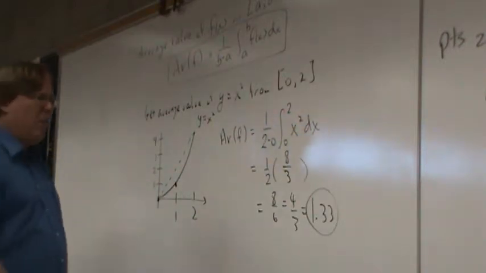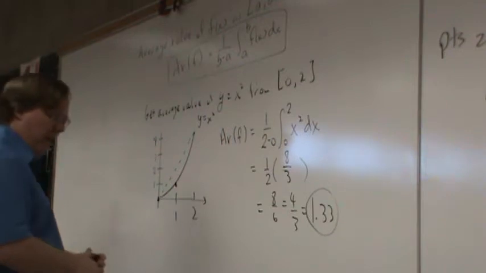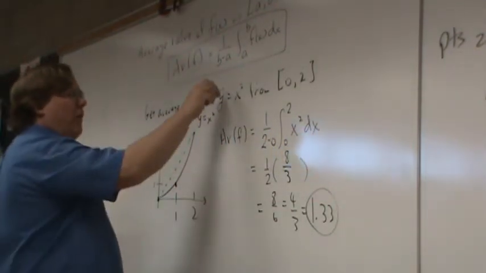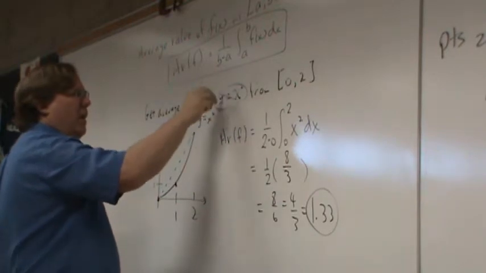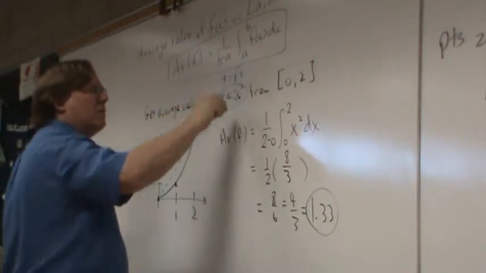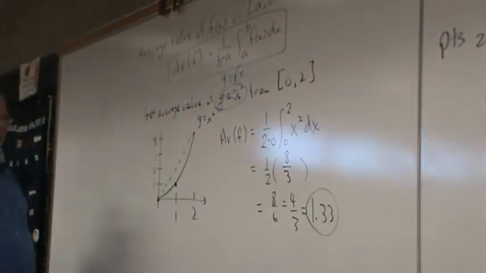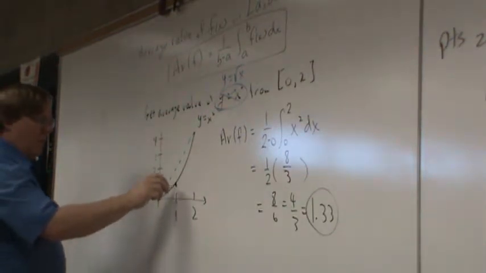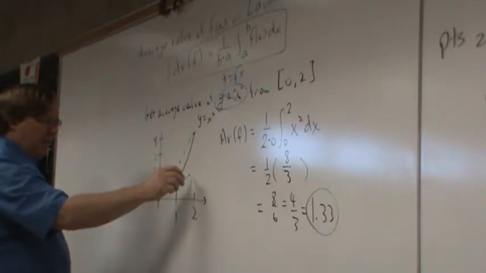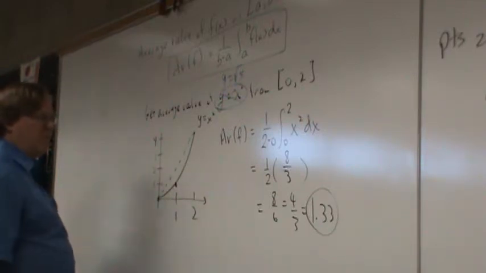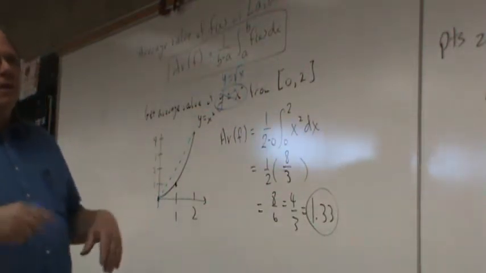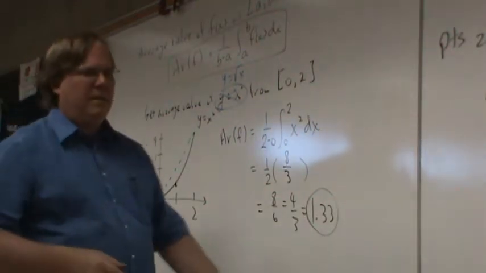Okay, by the way, what if I asked you to get the average value, instead of the average value of y equals x squared, what if I asked you to get the average value of y equals root x? Right? The average value of y equals root x, where 1, 1, and then 2 comma root 2. Well, oh, that's kind of dumb. I forget that one. Don't worry about it. Let's just go on. How about negative x squared? Yeah.